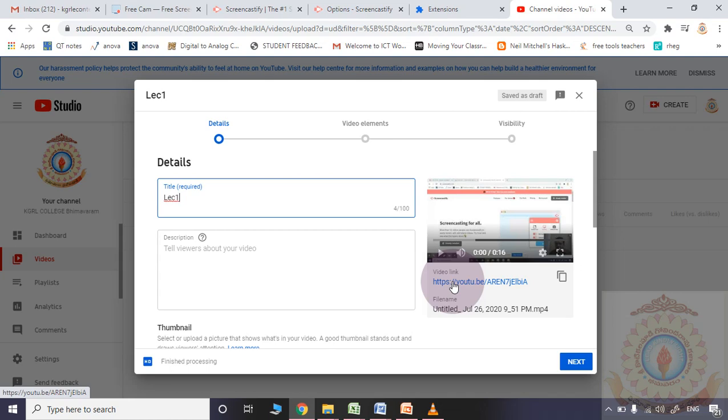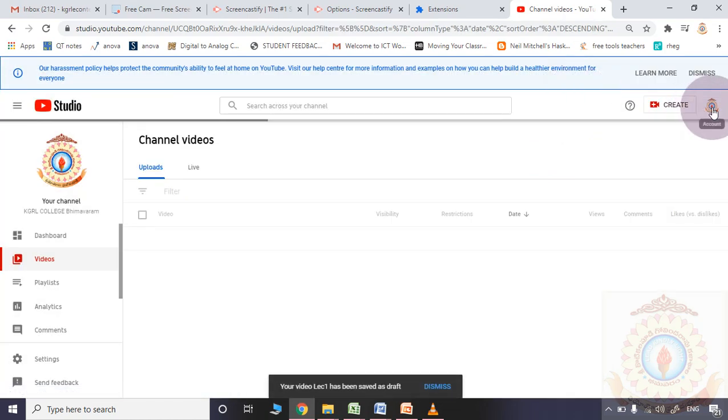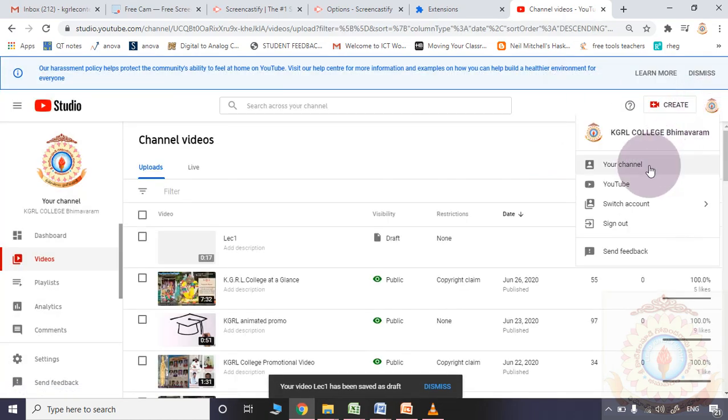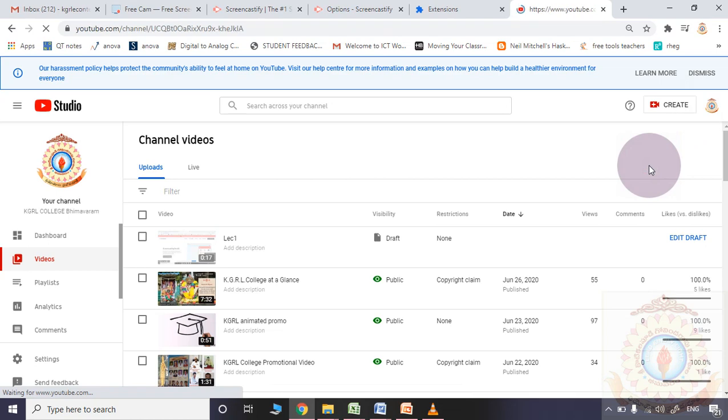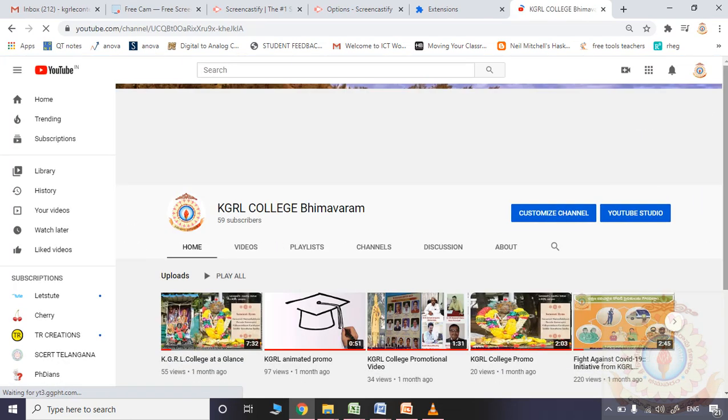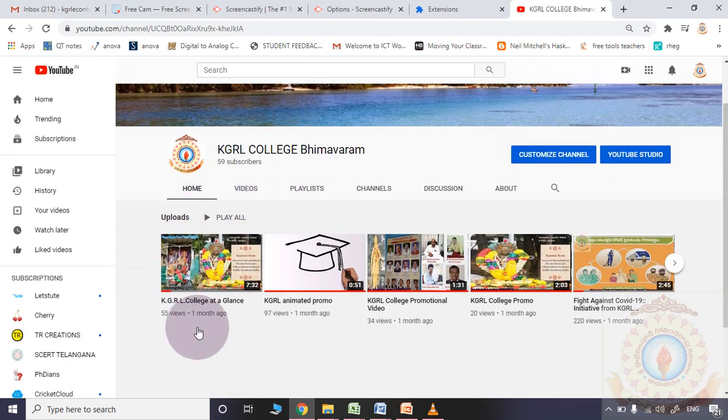That advantage is there. Whenever you are using Chrome, simply the extension is appearing. Whenever you click that extension, automatically that particular recording will be saved into your computer or into your Google Drive. So those are the advantages of this particular Screencastify. Whatever may be the uploaded video in your channel, you may observe it in your channel videos. Generally here in the home page, after uploading, you will observe the particular video usually in this place.